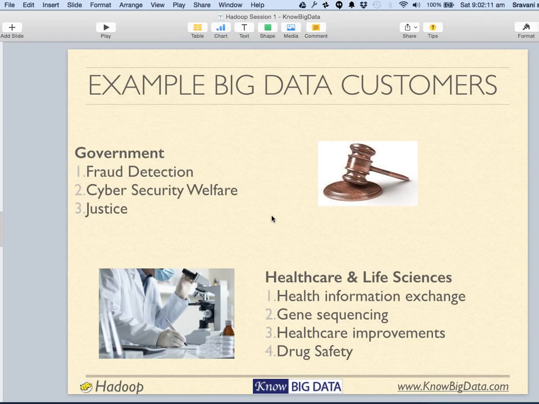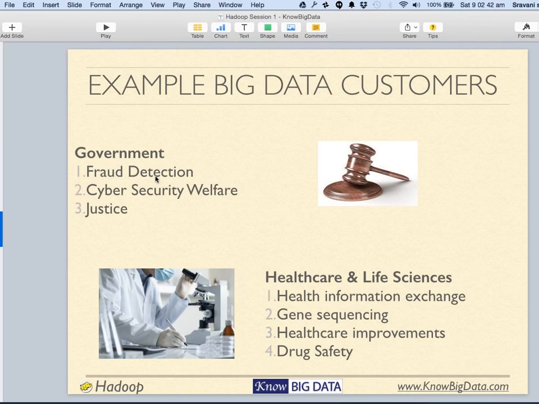In government, the example use case is fraud detection. Fraud detection could be of many kinds. It could be based on anti-money laundering, a case where you compare the customer's information against a database. If you are a financial organization, anybody you deal with, you have to compare them against a database of terrorists released by the government.